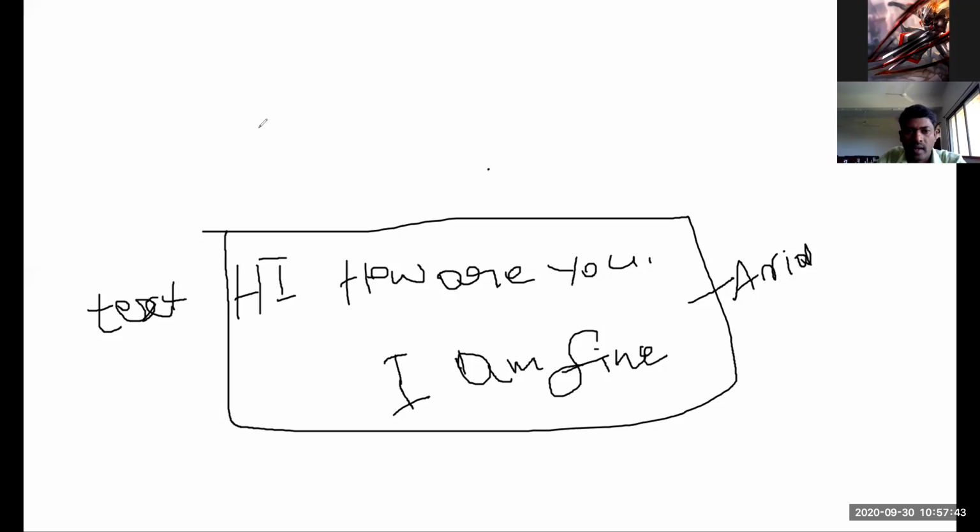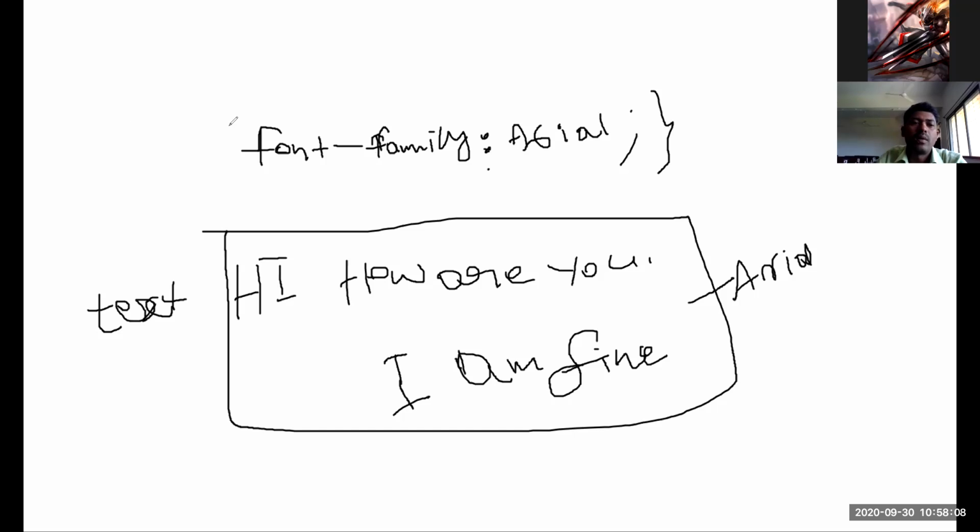You have to write the code like this: font-family colon Arial semicolon, and close it. Suppose you want to apply this to a paragraph.